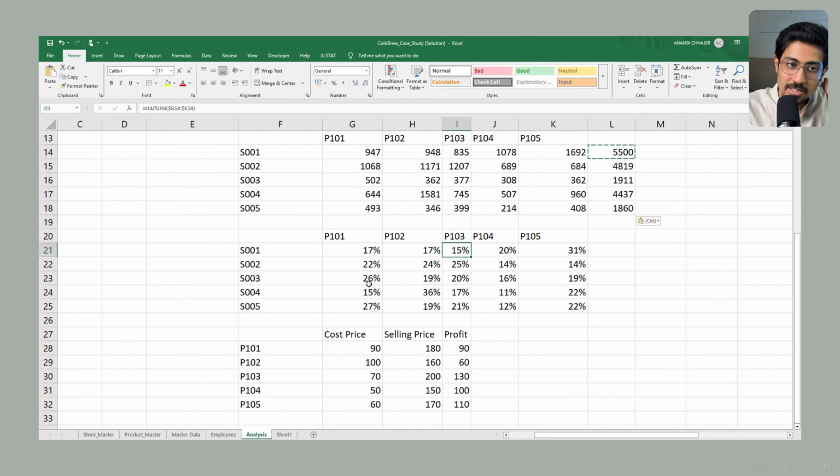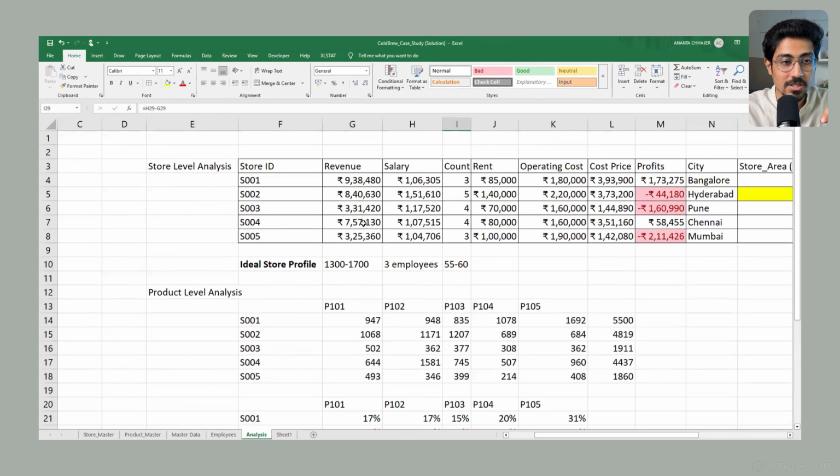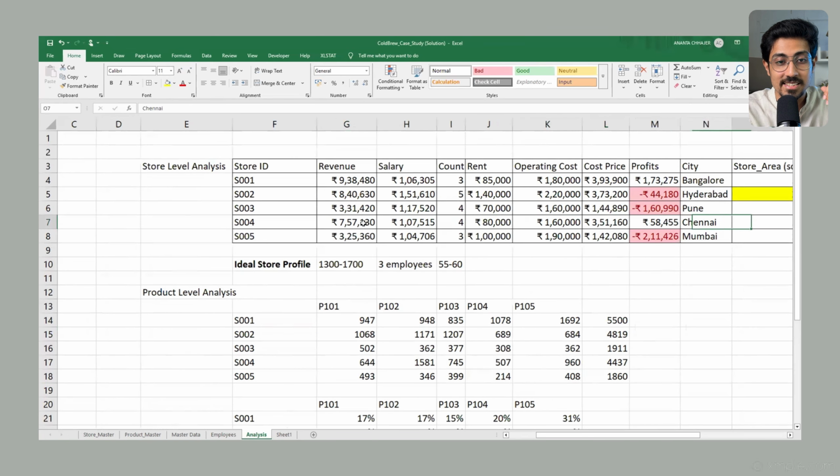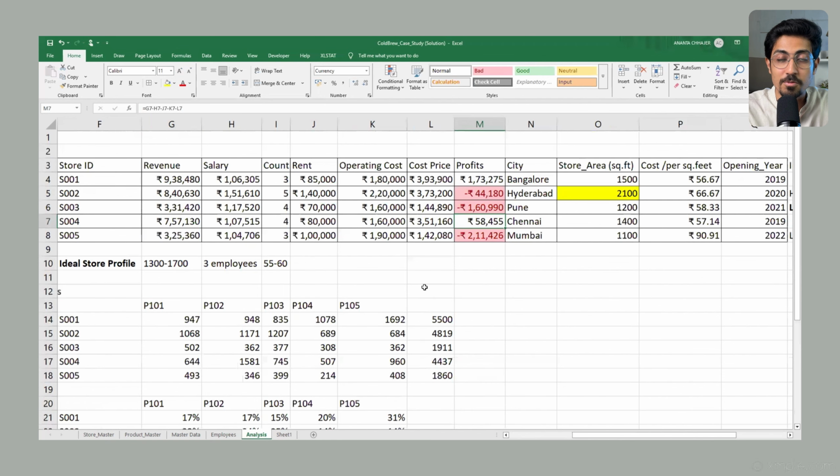Okay, so yeah, this one, if you see product 2, store 4 definitely has a problem with this. That is, store 4 has a problem because 36% is constituted by product 2. This is store 4. Store 4 was making good sales, but that is not making enough profit. It is making 58,000 profit, but we can significantly improve on this particular metric, that is, selling more profitable items